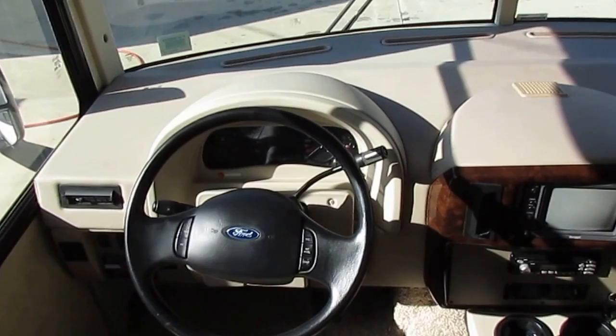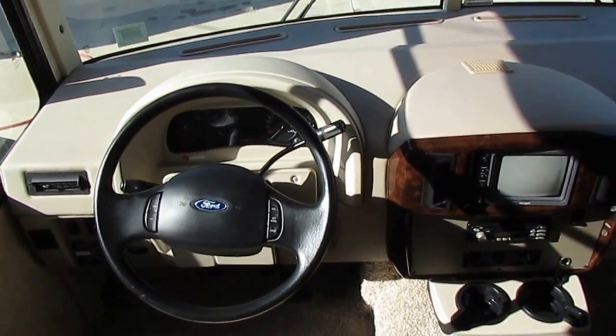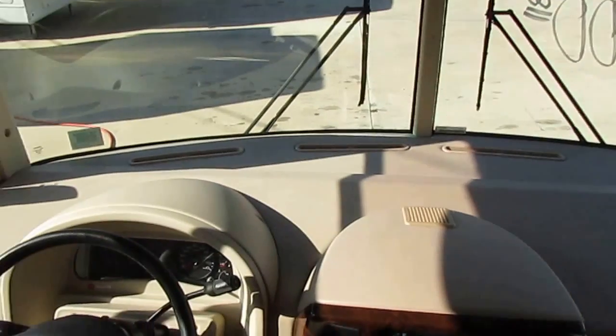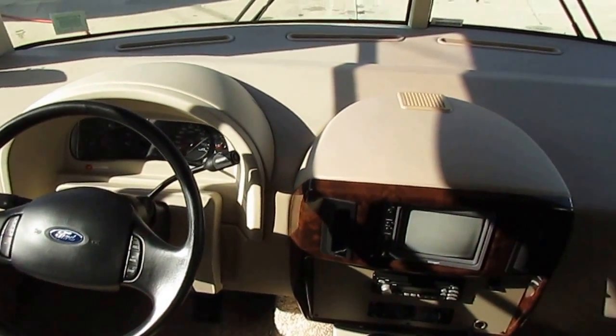Crazy. And this one will include a warranty. Of course, if you bought this thing new, your warranty would be long gone. And this one does include a 90-day nationwide limited warranty through CoachNet. It's going to include a major systems check, which, I'll be honest with you,